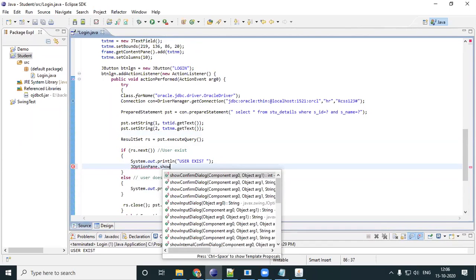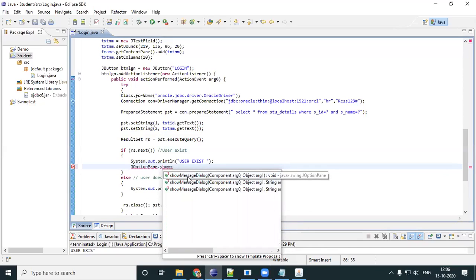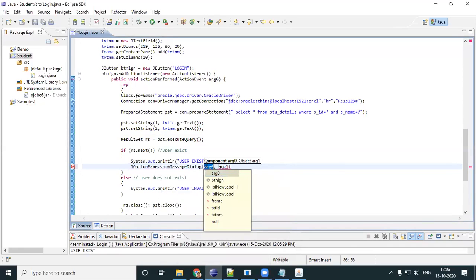You have lots of kinds of J option panes. Show confirm dialog. You can work on each of that. Show confirm dialog, show input dialog. If you want to get some data, you can have input dialog and all that. If you just simply want to show a message, you have something like show message dialog.